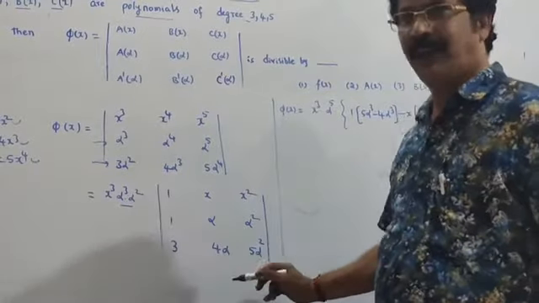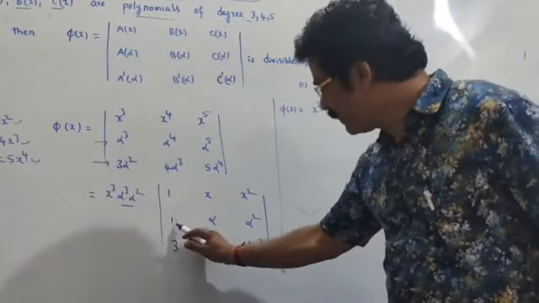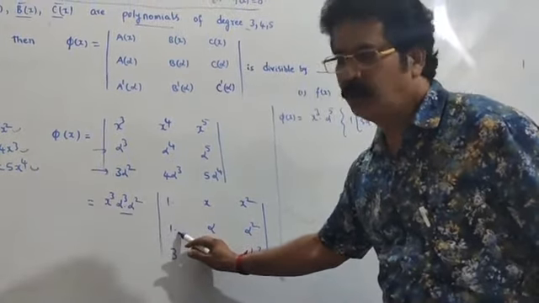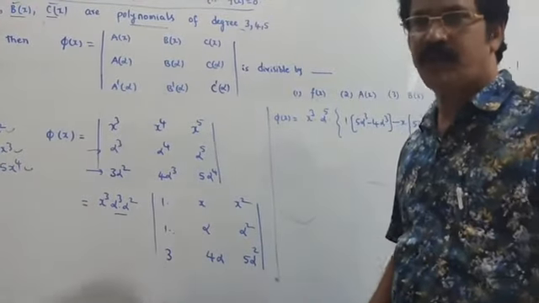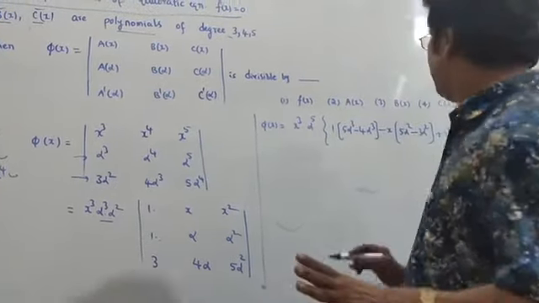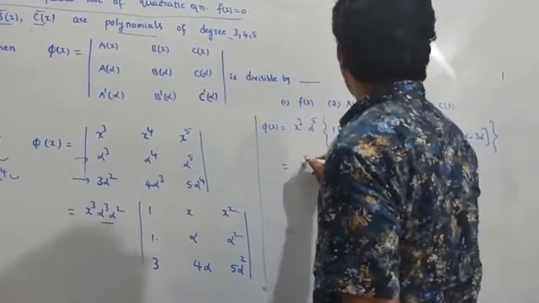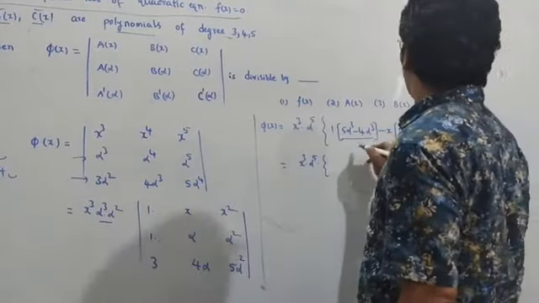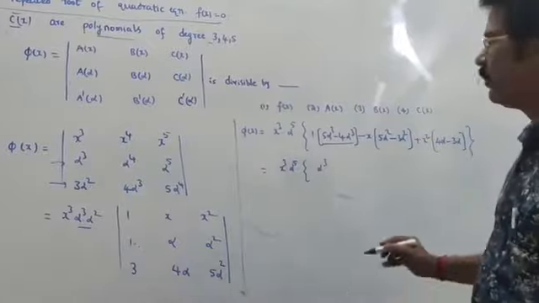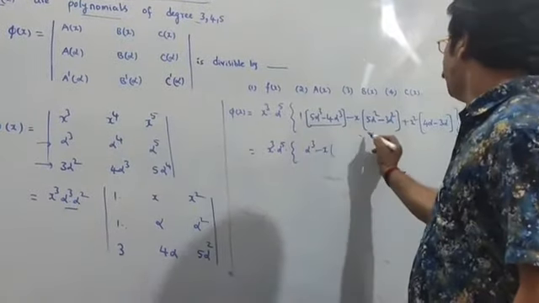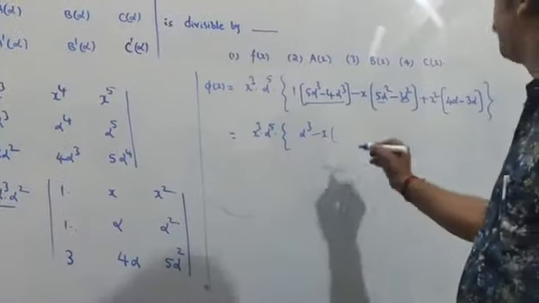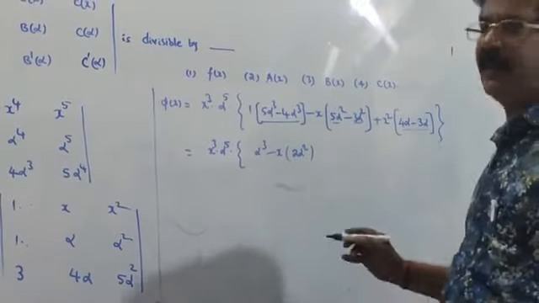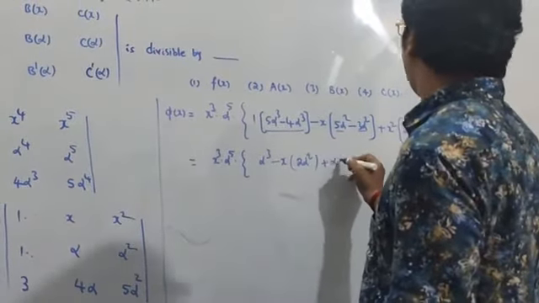actually in the procedure we have to perform R2 minus R1 to get the 0 here. So in the examination hall you please don't waste the time, that's why open directly. So therefore that is x cubed into alpha to the power of 5 alpha cubed minus 4 alpha cubed, 1 alpha cubed, minus x into 5 alpha square minus 3 alpha square, 2 alpha square. Next, this is what 4 alpha minus 3 alpha, this is alpha x square.